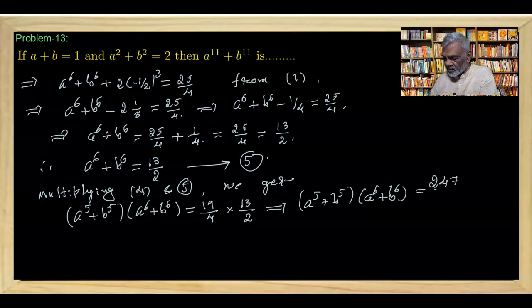Multiply these two numbers, 19 by 4 and 13 by 2, the denominator is equal to 8, and this will give